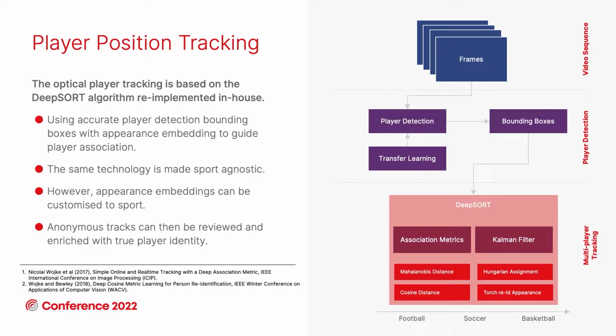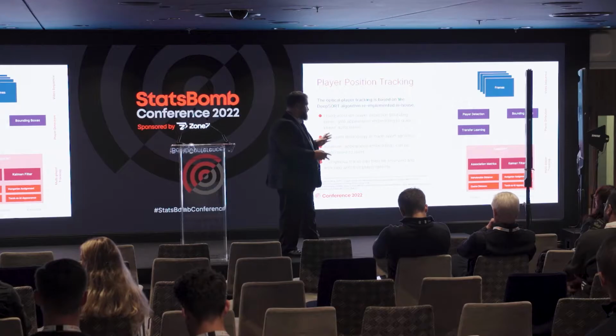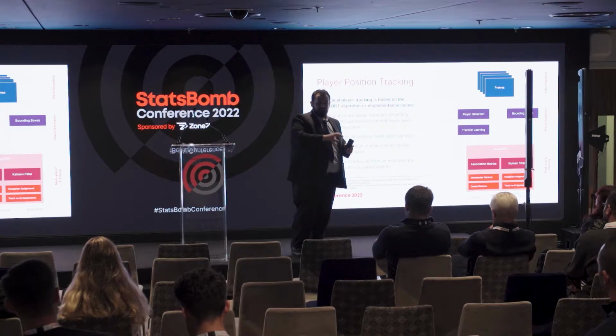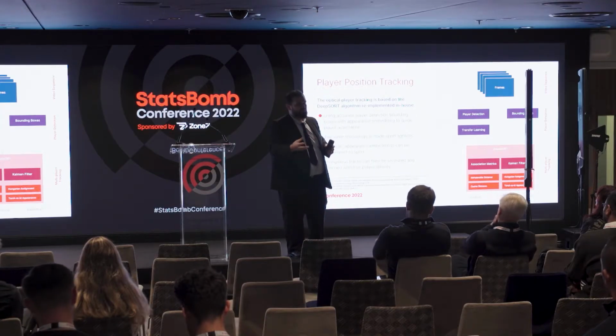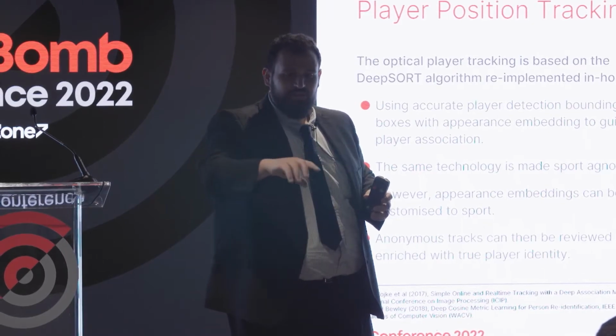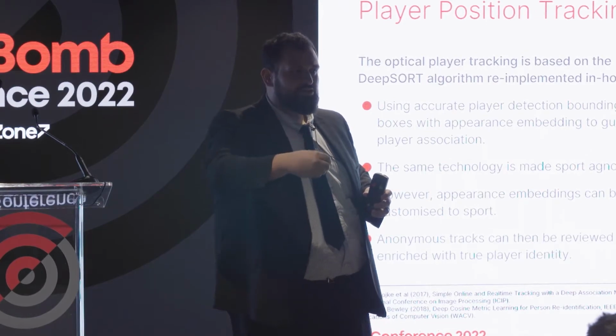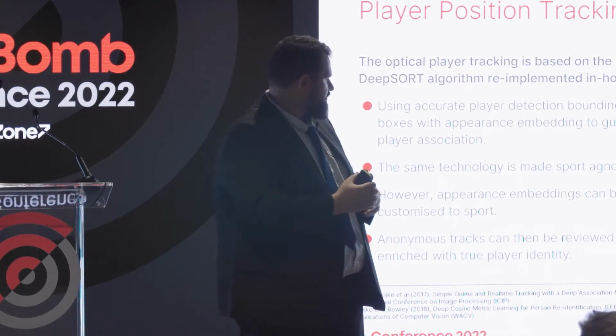So if players cross each other or tackle each other, if you just use the physics by itself, these things could be mangled and sort of confused. But if you use an appearance model, then you can resolve that confusion and predict a much better track for each player. And just to make a clear note here, at this point, this is going to be an anonymous track. It doesn't know the player identity. It knows that this is player A or B or whatever, and later on in the enrichment process, that player identity will be associated to them using that track.